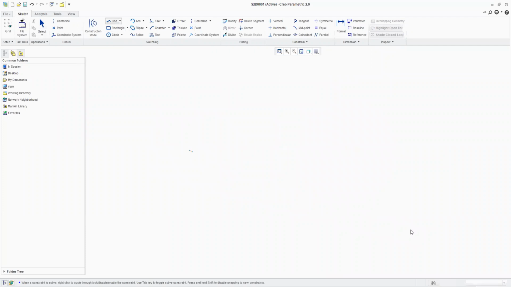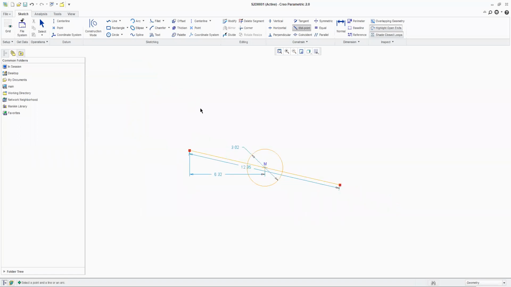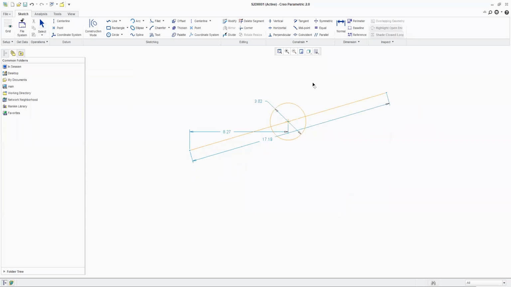Next is midpoint. For example, I have this circle with me, and the circle center point should lie on the midpoint of this segment. So I am saying midpoint. I will select a point that is the center point of my circle. I need to click on the point, and then I need to click on the object. You will notice that now this circle has been brought to this point, and it will always remain on the midpoint of this segment. Okay.